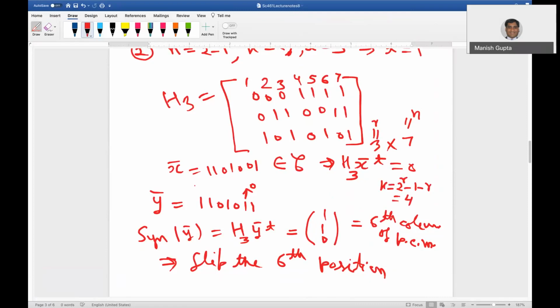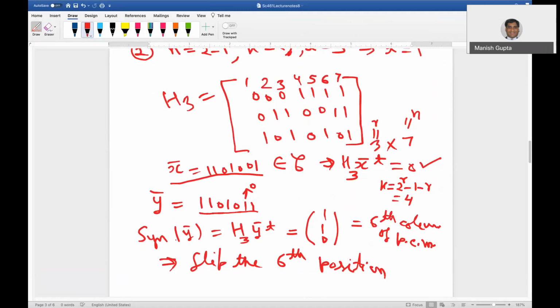Now if x is a vector 1 1 0 1 0 0 1 that belongs to C, we know that x is a codeword. We can check it by taking Hx transpose equal to 0, the definition of the parity check matrix. And suppose y is a received vector 1 1 0 1 0 1 1, then we compute the